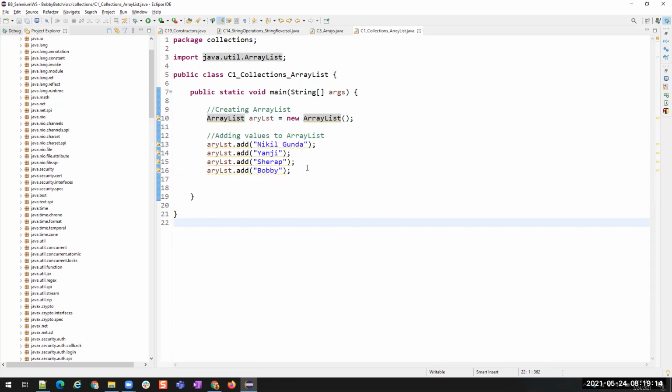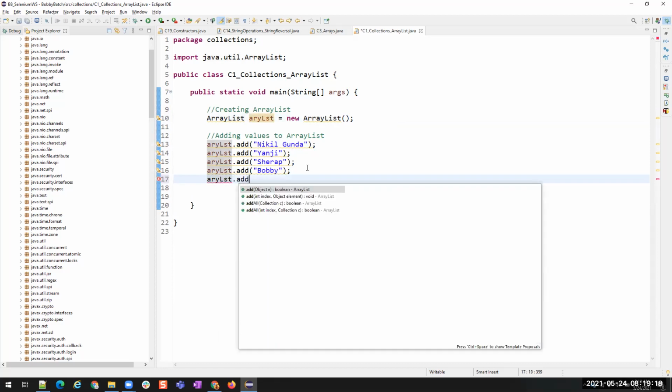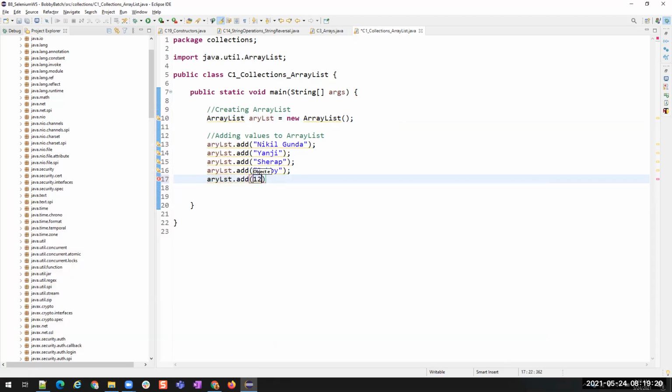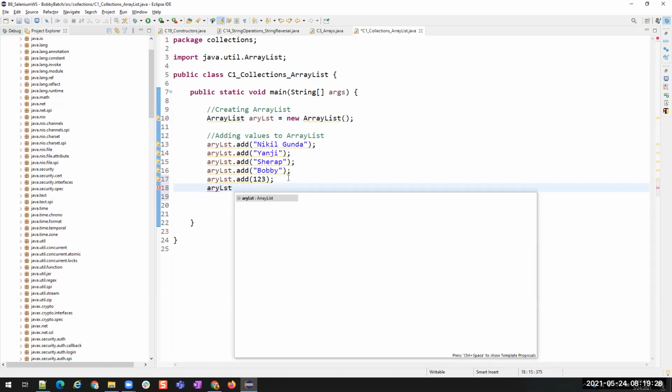Okay. I can also store inside this. Since I did not mention any data type, it will be by default treated as an object. I can store strings and numbers as well. You see, I can pass a number, I can pass a string, and I can also pass Boolean values.